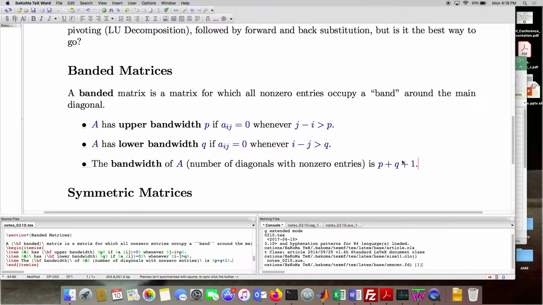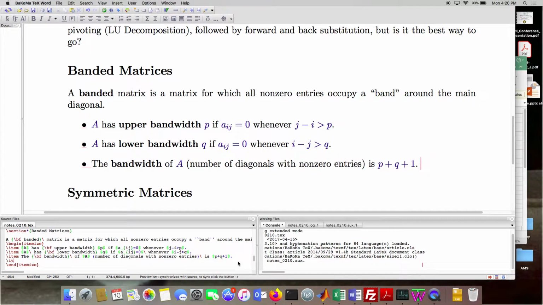So the 1 comes from a main diagonal, and then if it's upper bandwidth P, this is the number of non-zero diagonals above the main diagonal, and this is the number of diagonals below the main diagonal, Q, that may contain non-zero entries. Okay, so finally, we say that A is banded